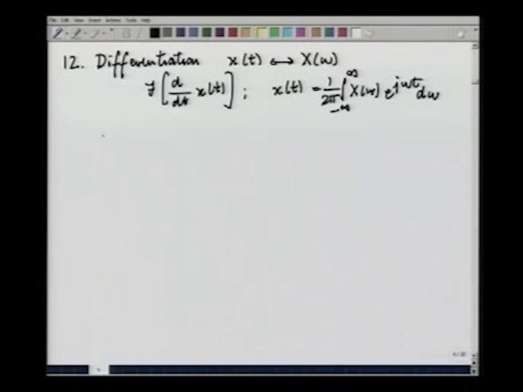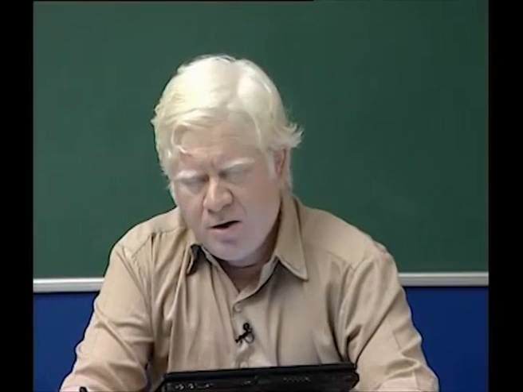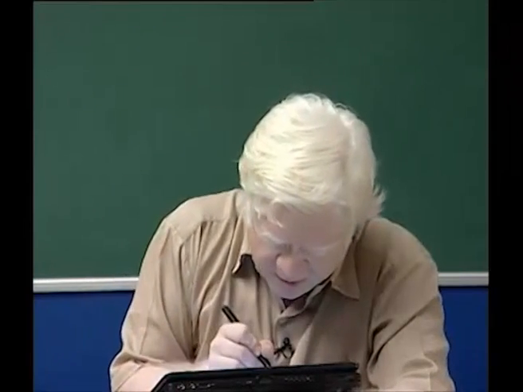On the left side you will get d by dt of x t, and the right side we will find has only one factor that depends upon t, and that is e to the j omega t. When that is differentiated with respect to time, you will get j omega times e to the j omega t. So, you get